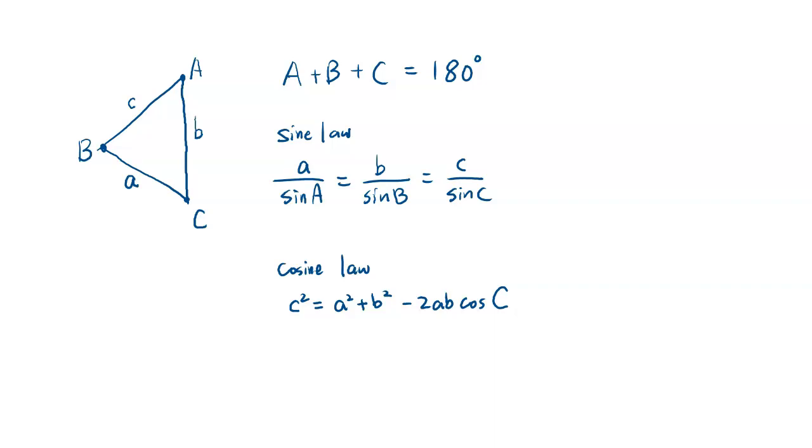It's a property of the cosine that cosine of 90 degrees is 0. You can calculate this using a calculator. If you put cosine of 90 degrees, you're going to get 0. So you get c squared equals a squared plus b squared, and if you have 90 degrees, it's just the Pythagorean theorem. But if it's not 90 degrees, you end up with some weird thing